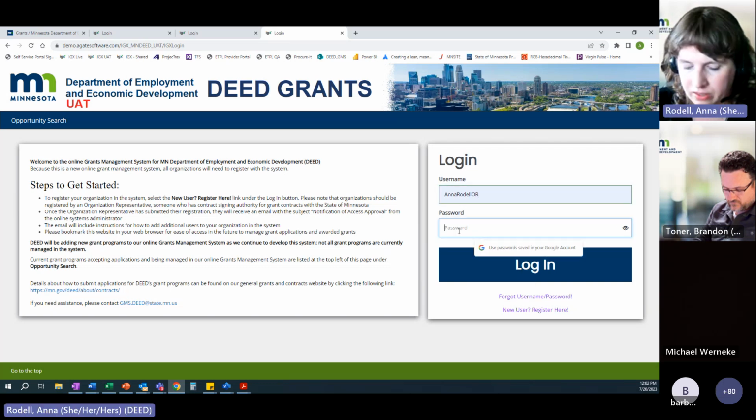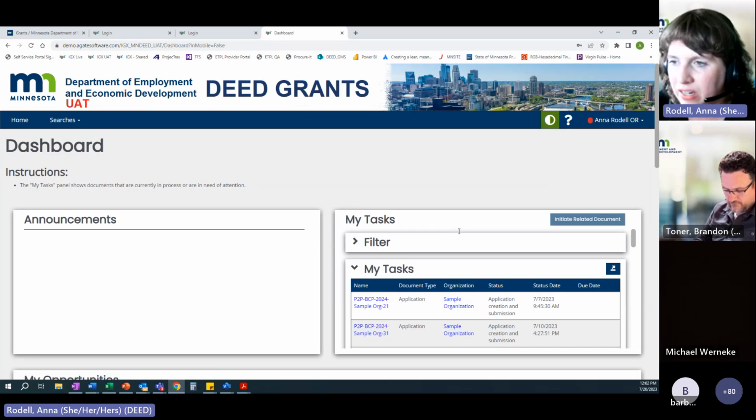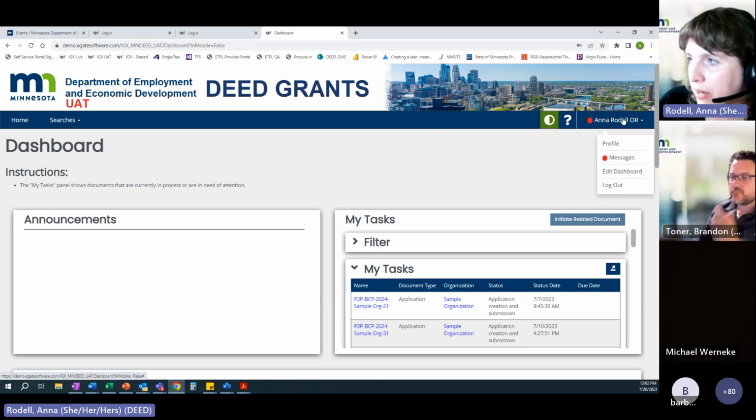So I'm already a registered user and I'm the organization representative, and I'm logging in to the system to check on what opportunities might be available to me. Once you log in for the first time, there's going to be some requirements in setting up additional profile information for your organization. You can access that information by clicking on your username on the upper right, select profile,